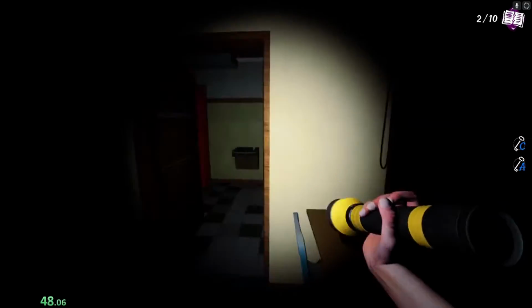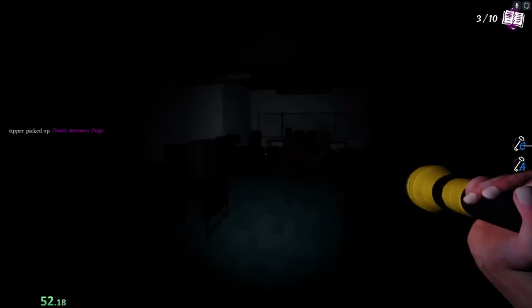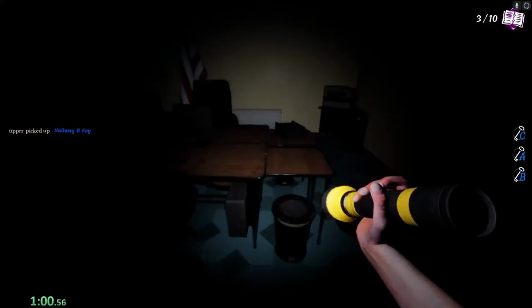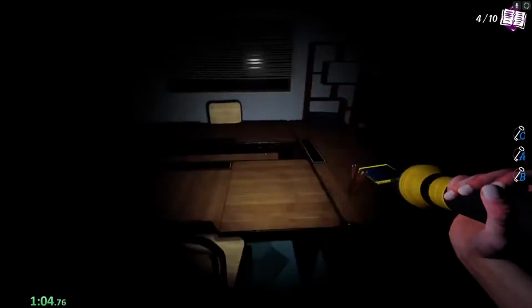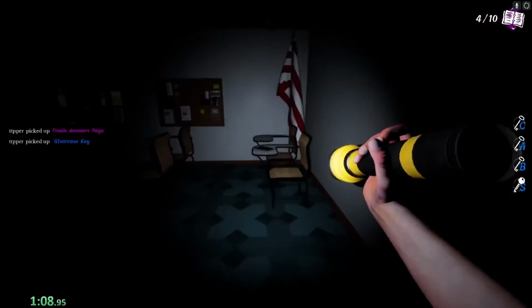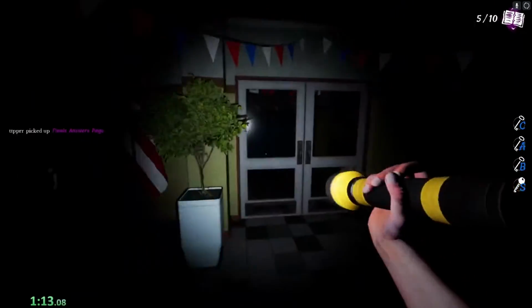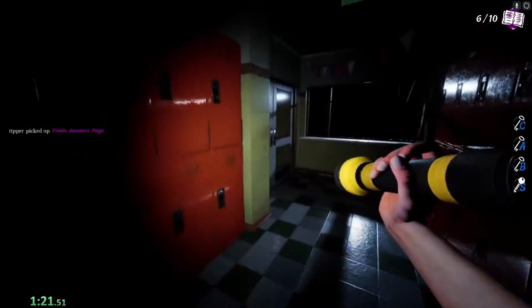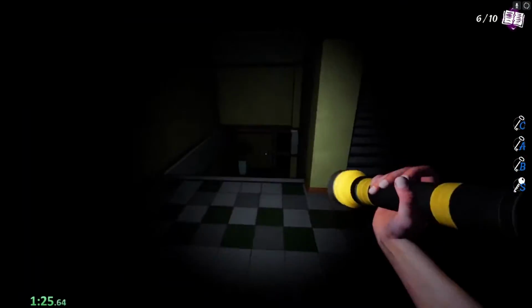You then want to head down C hallway to get to the back hallway. Once here, you can get your computer labs page and a potential B key and staircase key. Continue looting all of back hallway, preferably in a linear fashion, which would be computer labs, then connector, then hallway B, then classrooms. Once the back hallway is complete, you then want to head into the basement from A side